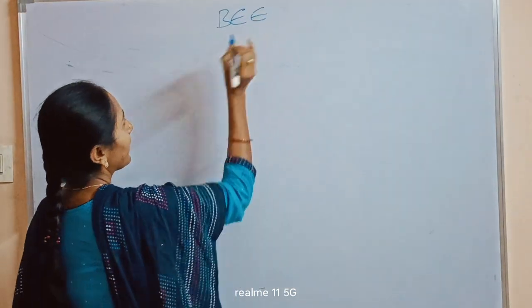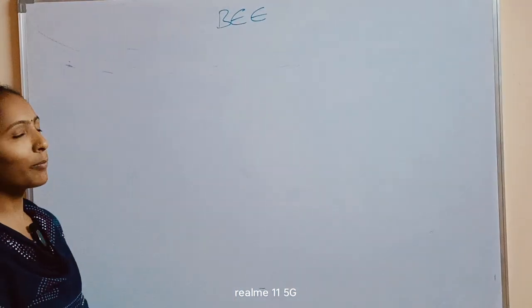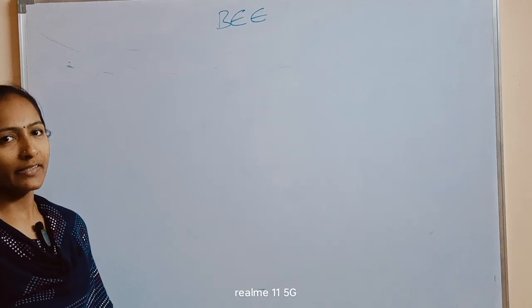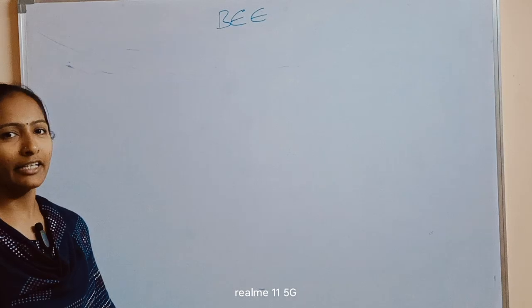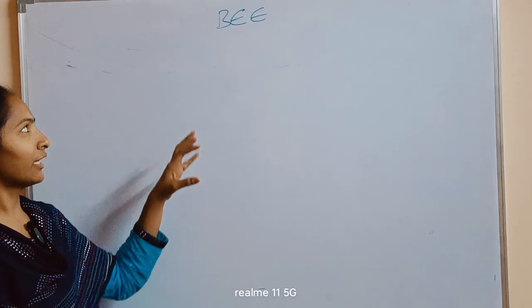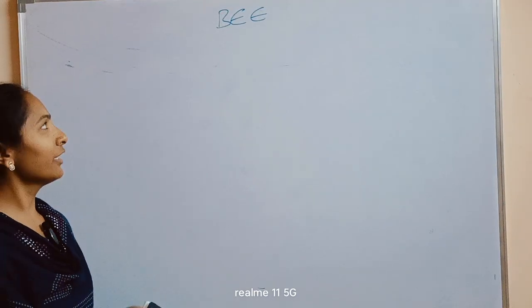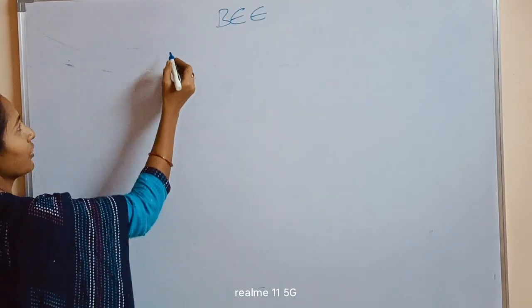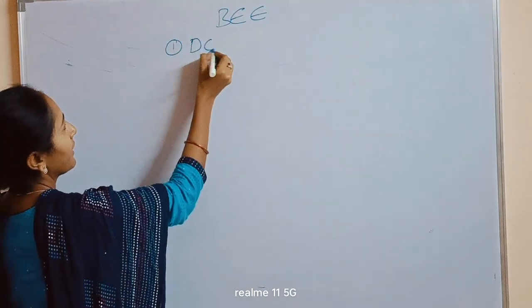BEE, Basic Electrical Engineering. This is the common subject for all other branches like CSE, Data Science, AIML, and it is very useful for all those people. Now I am starting the first unit. In BEE there are 5 units. In that, the first unit is